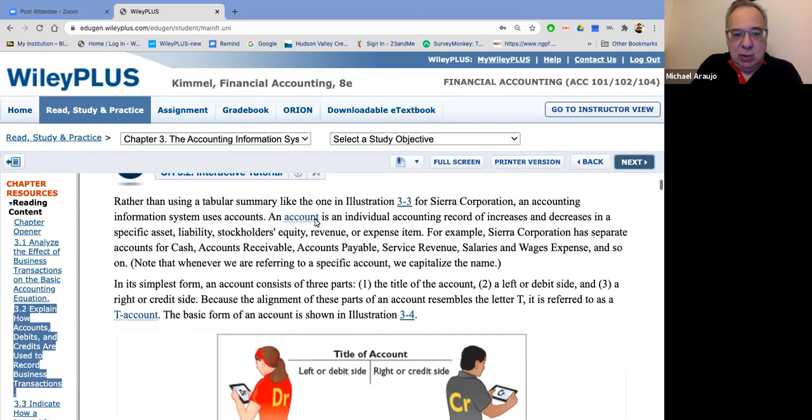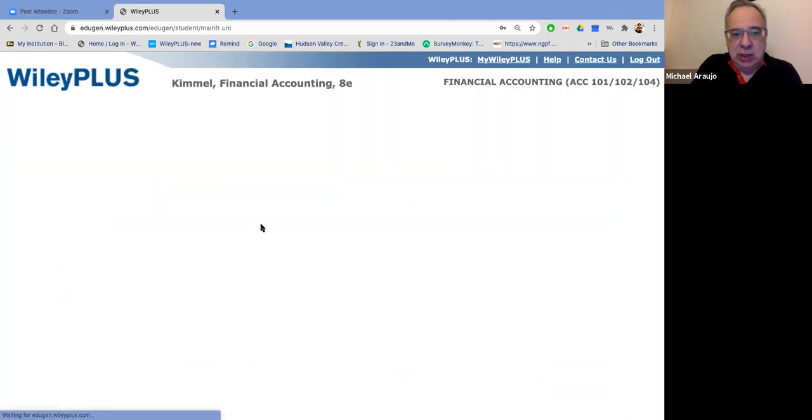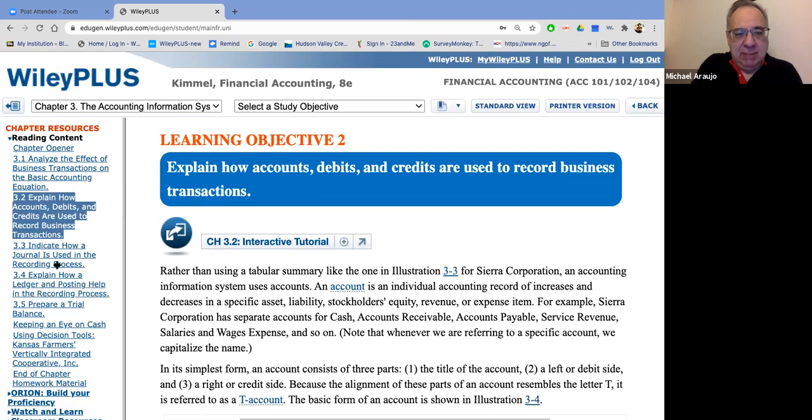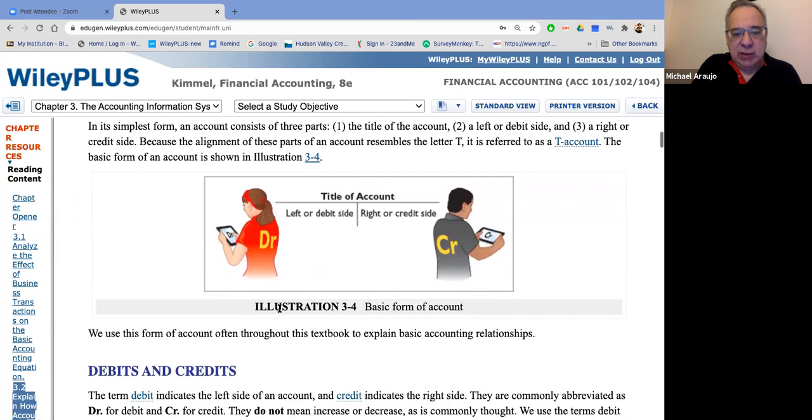All right. So learning objective 2 in chapter 3 is going to introduce you to this illustration right here, illustration 3-4, as you see. If you have your book, it's on the bottom of page 100. Bottom of page 100. So this is